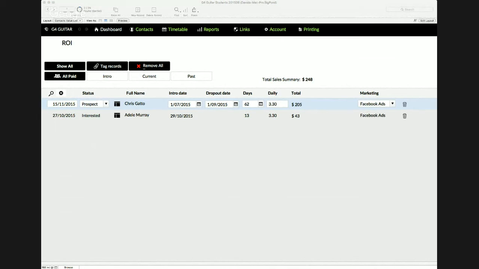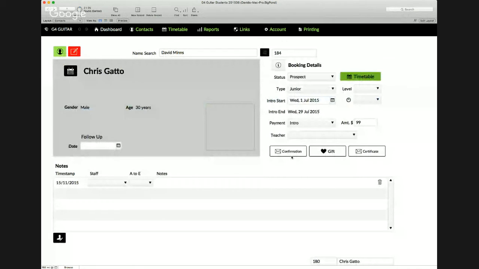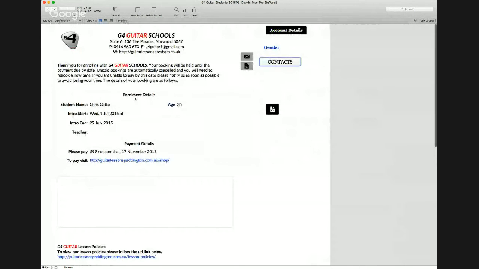I have a couple of questions though, regarding template emails. You've got the confirmation template. Can you create different ones as well? Yeah. So if we go to that confirmation email, you can see this is laid out in this particular way. But we can create it so that there's very little information there, just an empty template, and then you can